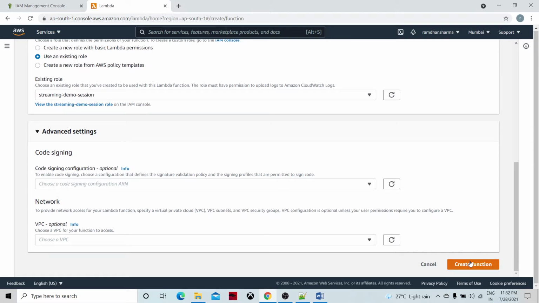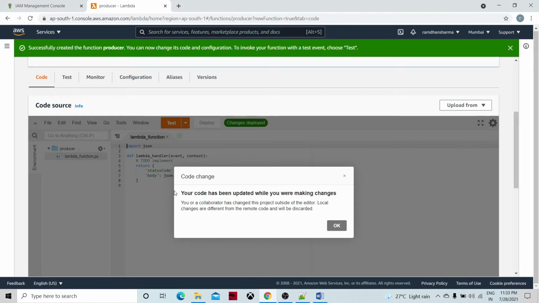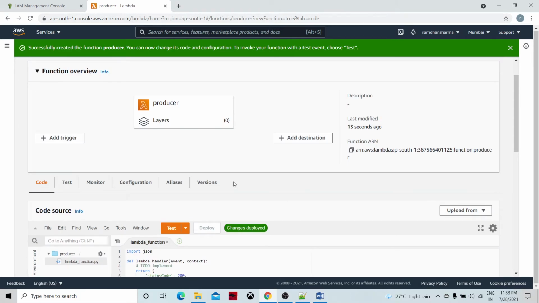I'm going to create the function. By default, this template is going to come, and we will look at that template later.